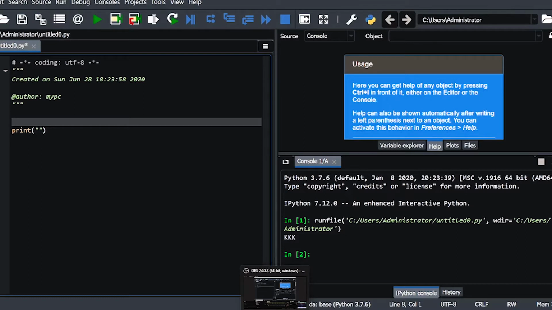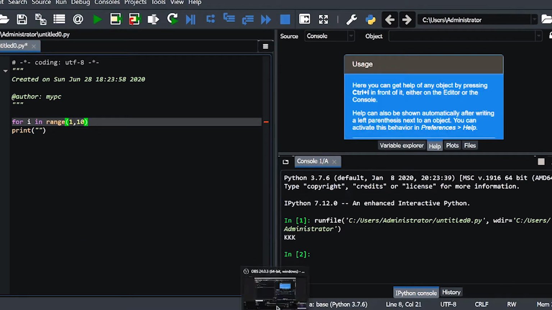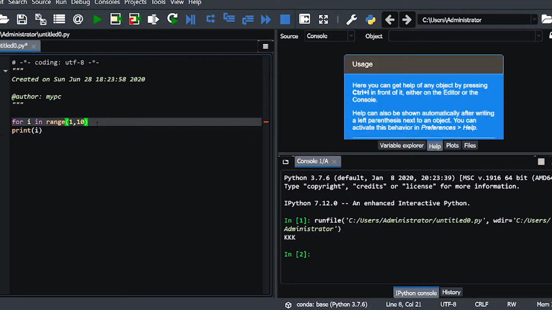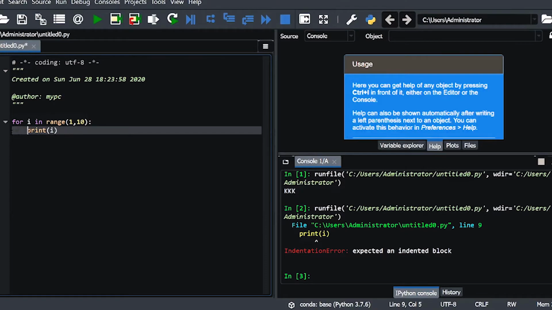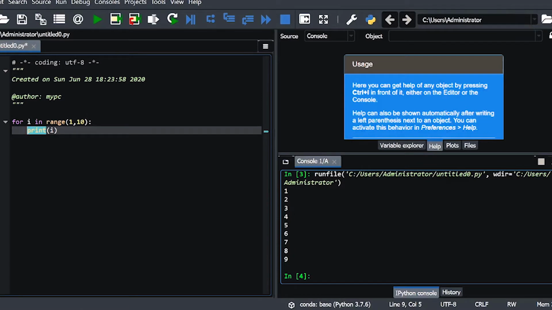In case of the range function, the syntax takes the initial value, the final value and the step. So if we want to display 1 to 10, then along with the for statement we will write: for I in range(1, 10). Here in the print statement we give I, and the for statement must be followed with a colon. So run it. Indentation is a must, and print must be indented as it is a block. Now you see 1, 2, 3, 4, 5, 6, 7, 8, 9.